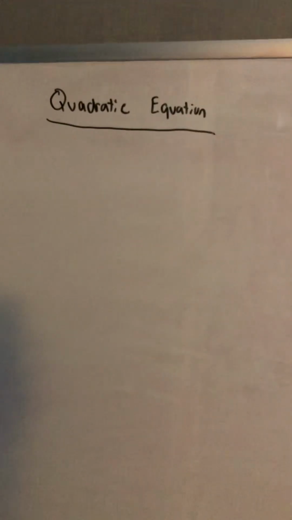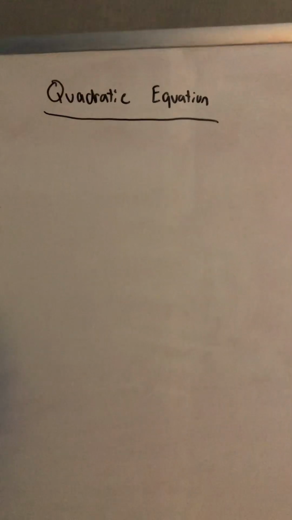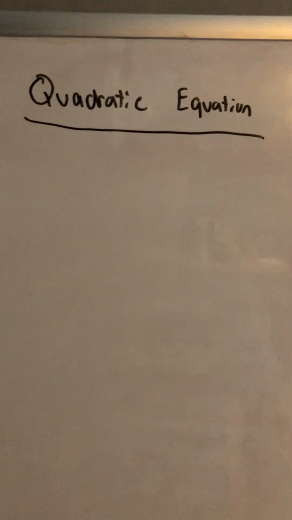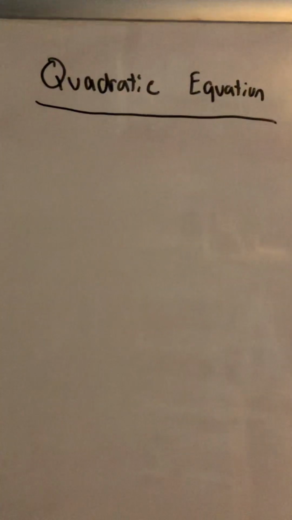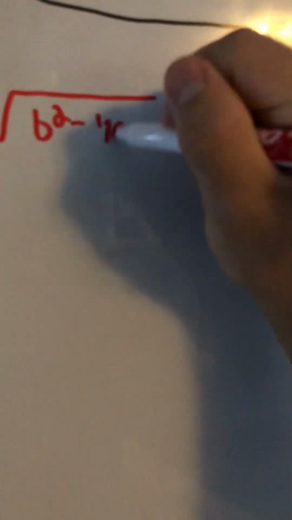In the last tutorial I did, I showed you how to solve quadratic equations by factoring. In this video right here, I'm going to show you how to solve quadratic equations by using the quadratic formula. So what's the quadratic formula? The quadratic formula goes as follows: x is equal to negative b plus or minus the square root of b squared minus 4ac,